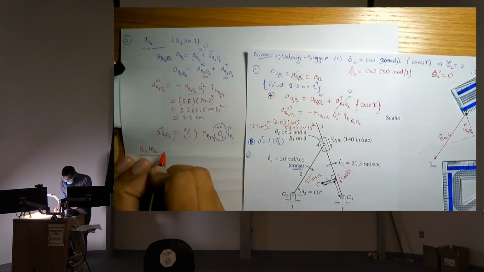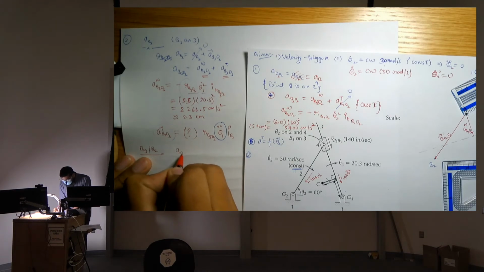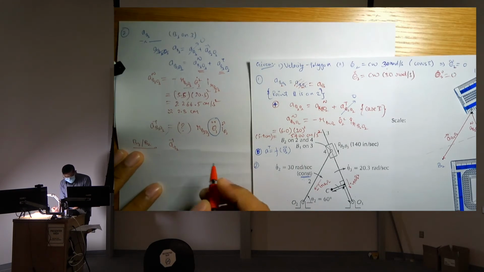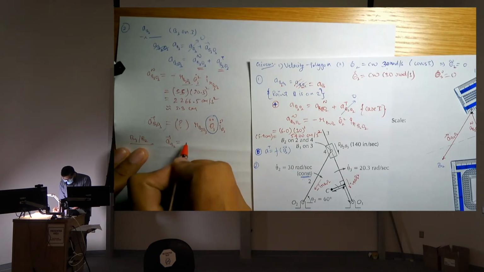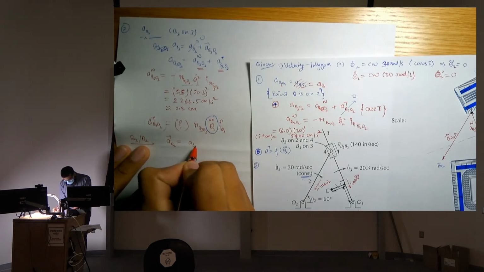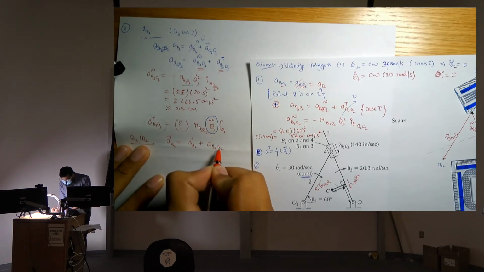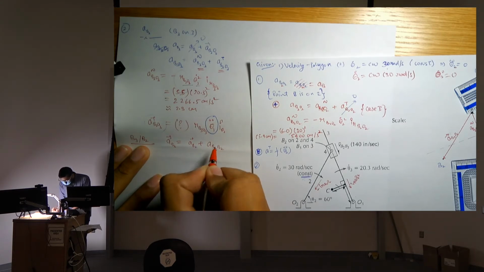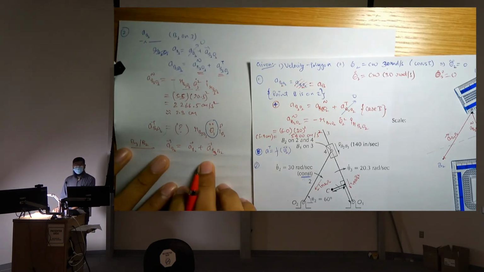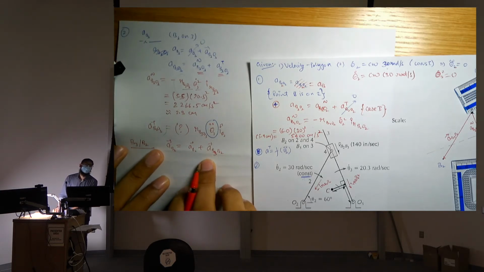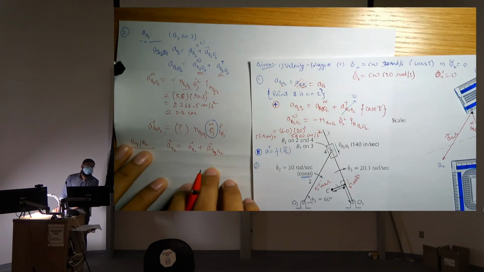Okay, so the acceleration of B3 I'm again writing here. Another way to write the acceleration of B3 would be with respect to B2. This is clear? Also, this is very clear. Okay, I asked a lot of questions, I'm sorry. No worries. When you say B3 on B2, are you saying the acceleration of B3 with respect to B2? Yes.